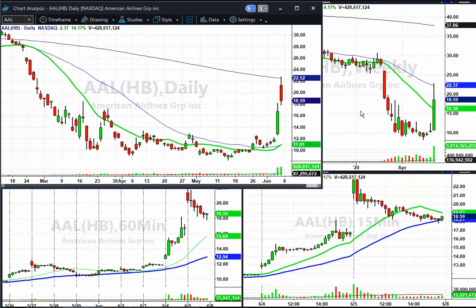Things are extended way up and they break out, I short it. Things are extended way down and they break down, I get long if they can't follow through. And you can get a nice profit like this when you see that. You can see here on the daily chart it tried to break down, turned around, no volume, and then just kind of wandered up, and then all of a sudden, boom, boom. And that really puts the nail in the coffin in a lot of shorts.